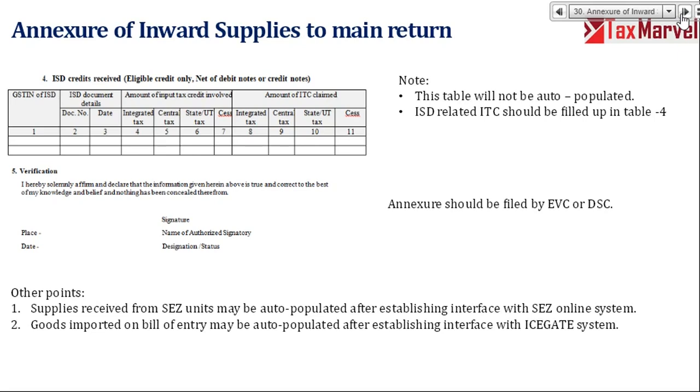So your inward does not have any issue because you only have to accept, reject, or keep it pending and tell the value of input to be taken against that invoice. If you don't take any action on accept, reject, or pending, everything will be accepted, right? So you have to tell accept, reject, or pending.